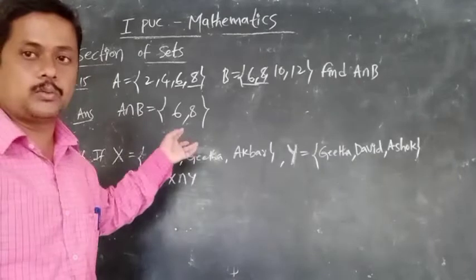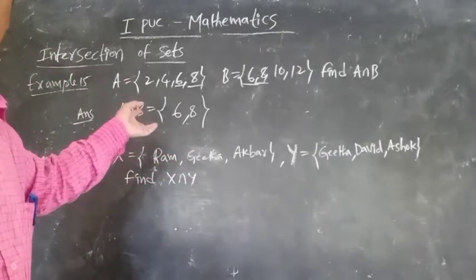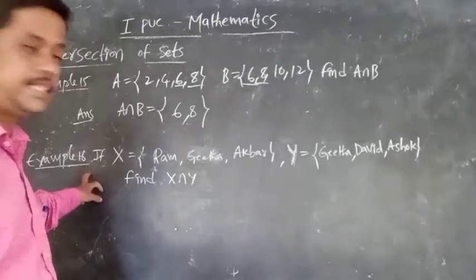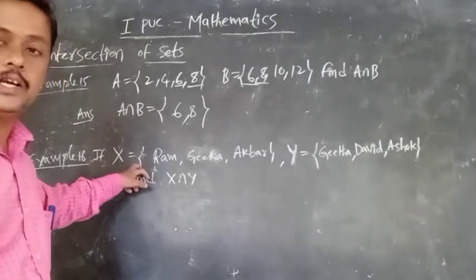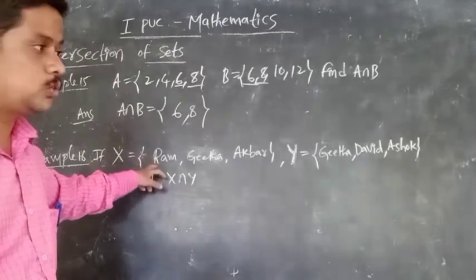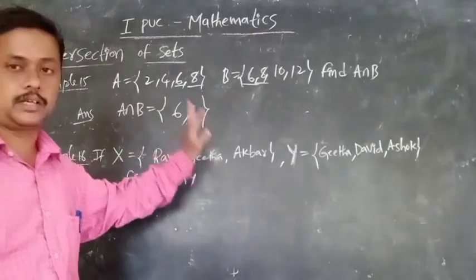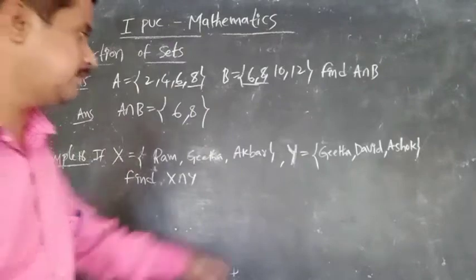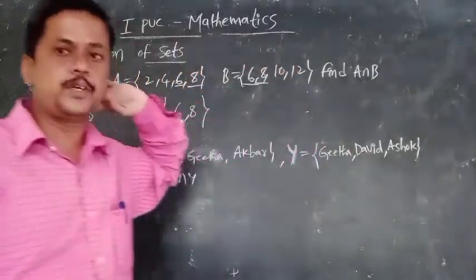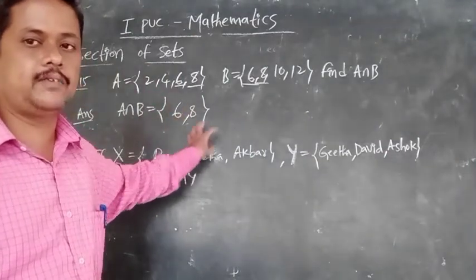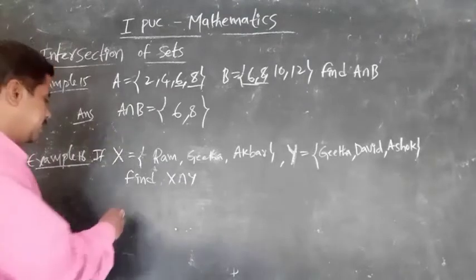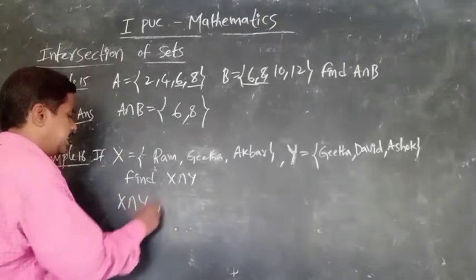Very easy, my dear students. Next problem, Example 16. If x is equals to Ram, Geeta, Akbar, and the y set is Geeta, David, Ashok. Like that, x and y sets are given, and we have to find x intersection y. X intersection y is equals to...